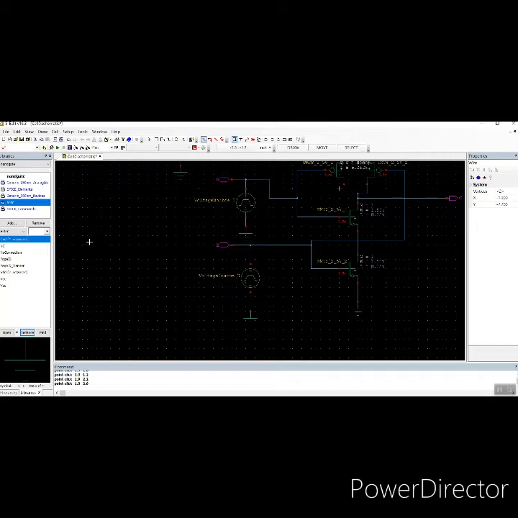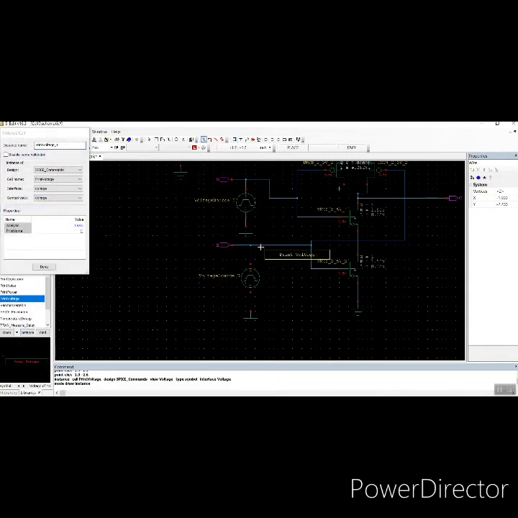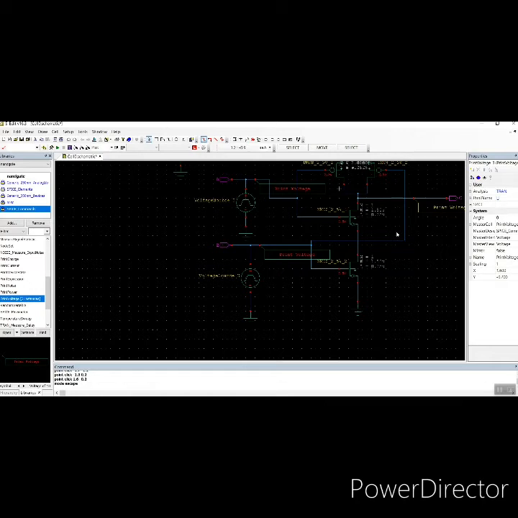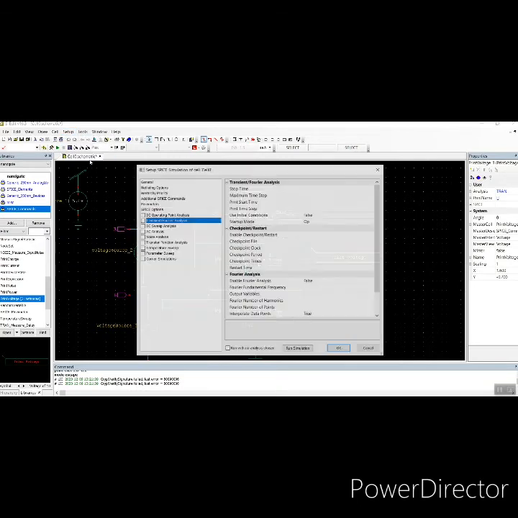Then we need to give commands like print voltage. So click SPICE commands and select print voltage here. We need to give print voltage for both the inputs A and B as well as the output C. So almost we are done with our designing part. Then we need to do some process for setup. So click setup here. Then click SPICE simulation.